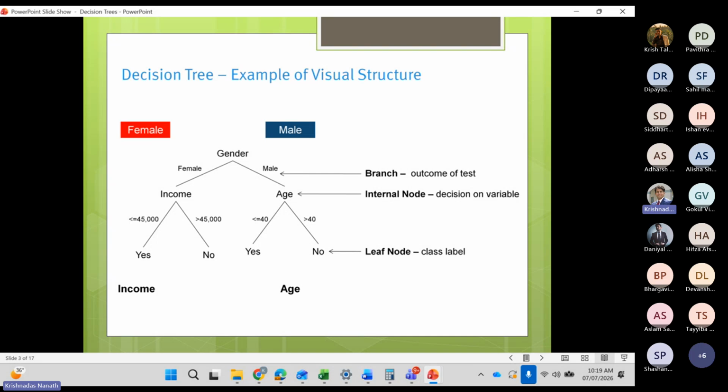The moment it starts with gender as a top variable, it means the majority of your data can be classified into yes or no purely by gender as the first variable. And the moment you see gender on top, you would say that is likely one of the highest contributing variables without even looking at the coefficient, because here there is no equation, so there is no coefficient. So what Data IQ does very smartly, based on the splits, based on number 1, number 2, number 3, it automatically ranks again. So when you see the result of Data IQ, you would say, oh, here also I'm getting the same thing: which is important, which is second important, which is third important.